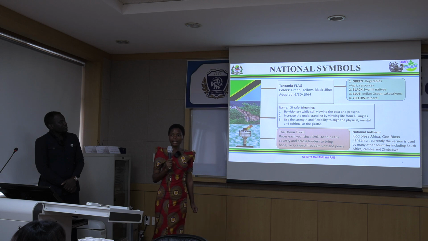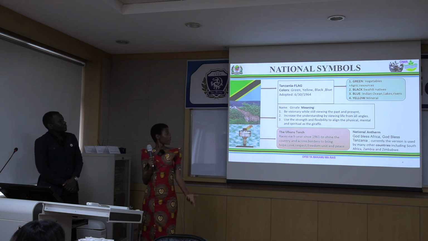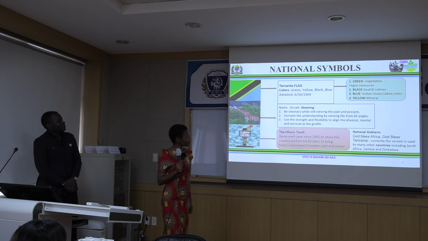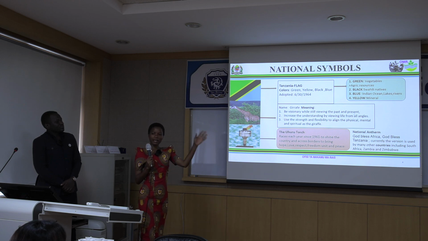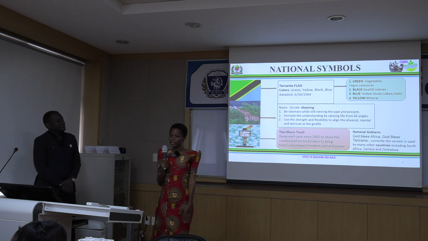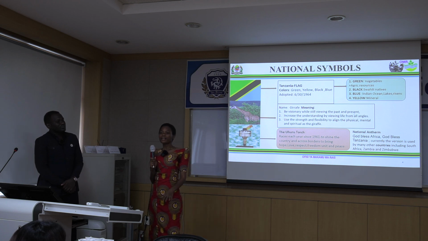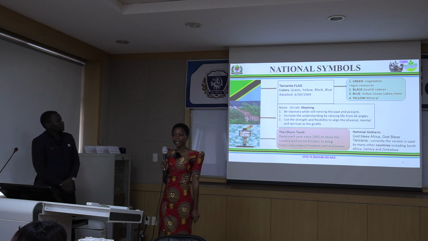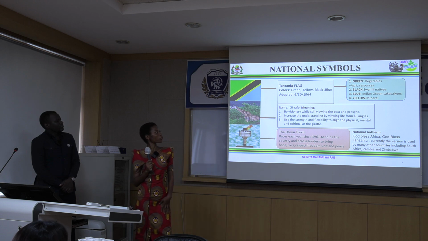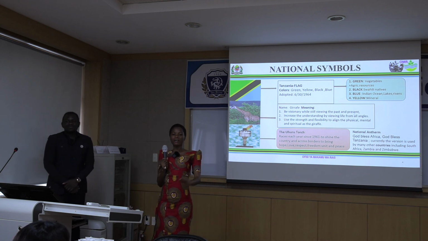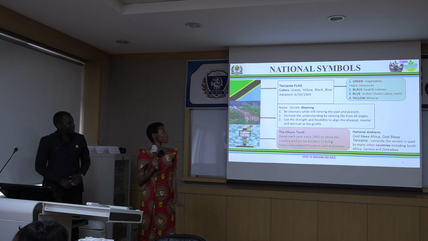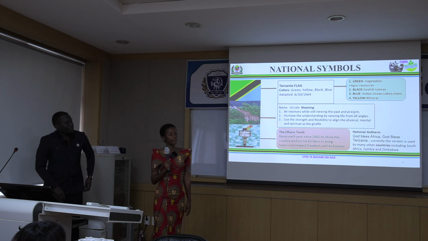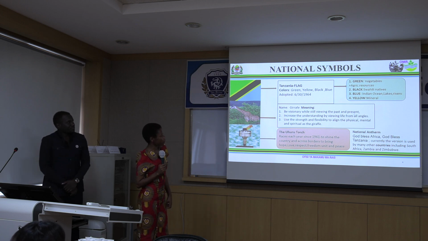The black color indicates the color of African countries. As Tanzanians, we are Africans. The blue color indicates the richness of water bodies in Tanzania. As you can see from the borders, in the east we are bordered by the Indian Ocean. Also we have great lakes. We have Tanganyika, Lake Victoria, Lake Nyasa, and other small lakes and rivers. So we are rich in water bodies where fishing is conducted as an economic activity.